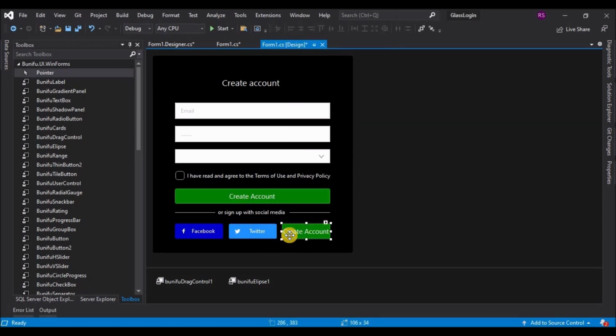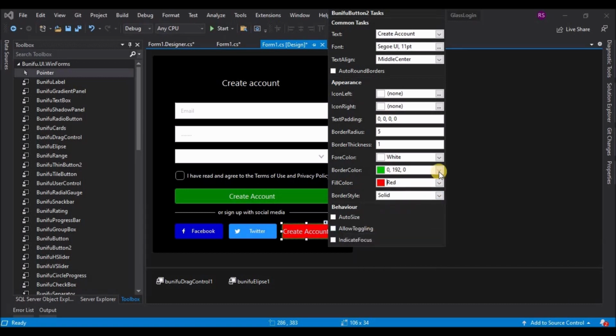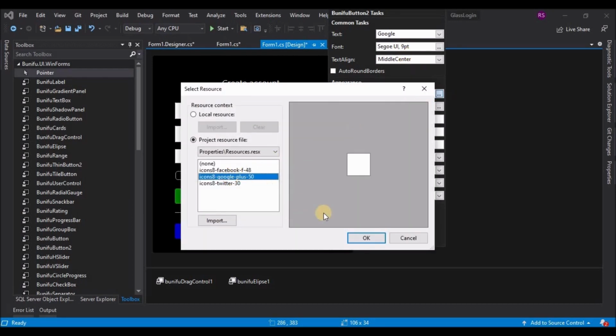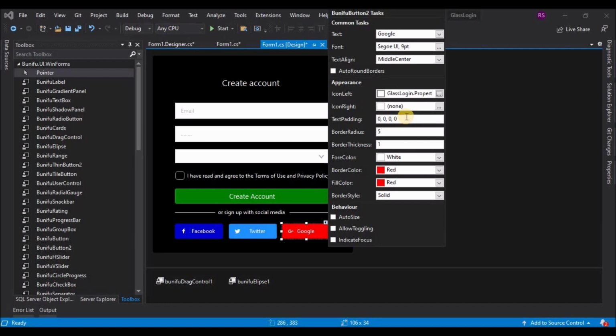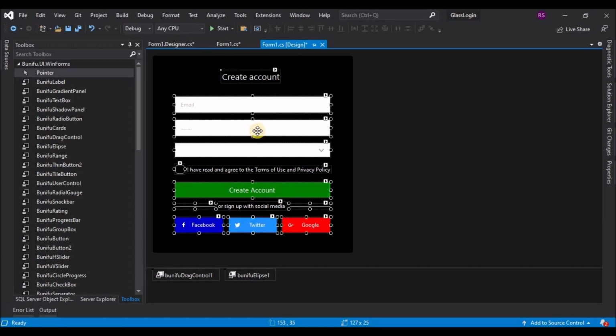So this is the last button that we are going to change. Let's quickly change the color to red and change the text to Google. Set the font size and finally the image. And one last thing, that is the text padding. Yeah, that's done. Now let's move all the controls up and